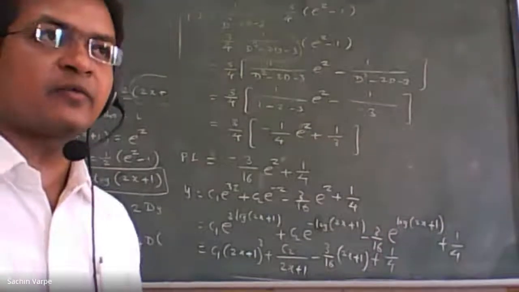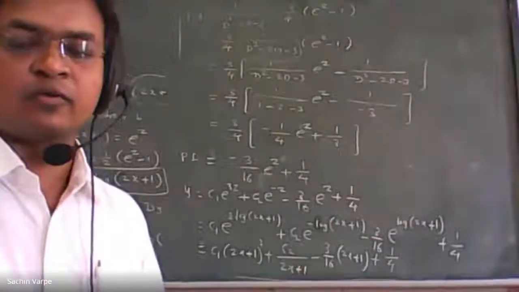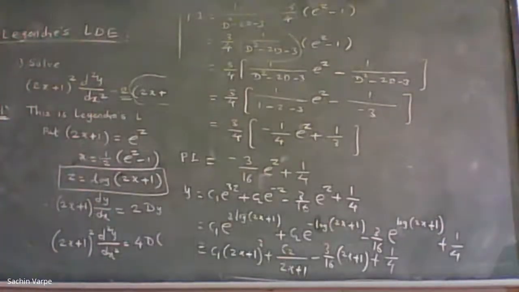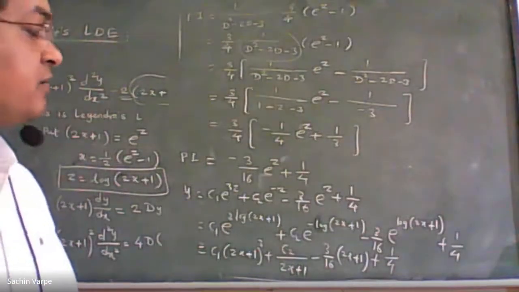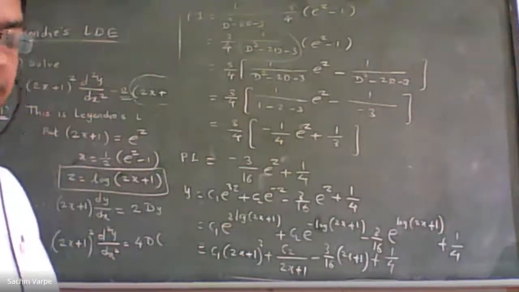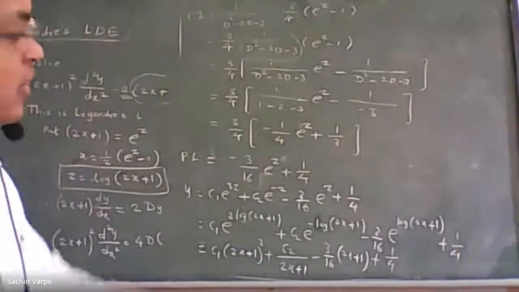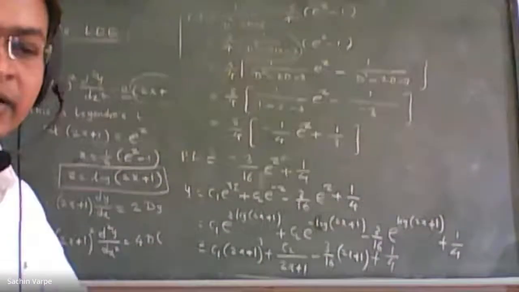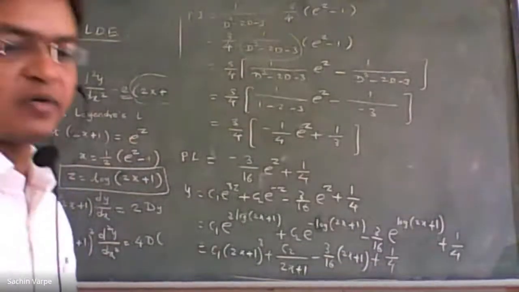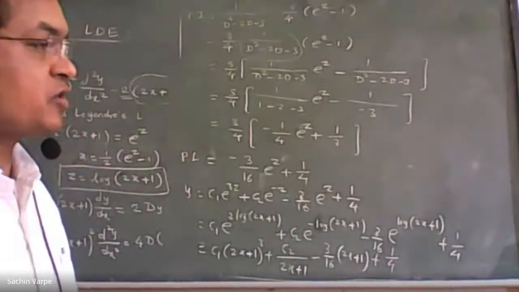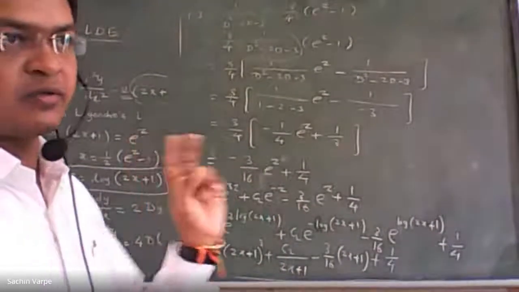In the previous pattern, that was for 8 marks, so one is for 4 marks. And now in the 2019 pattern, the question may be for 5 marks. The question paper pattern is not yet decided, but the question may be for 5 marks. So 3 questions will be asked. Out of the 3, one will definitely be on Cauchy or Legendre, and the second will definitely be on variation of parameter. So here you'll get the full marks from this question.